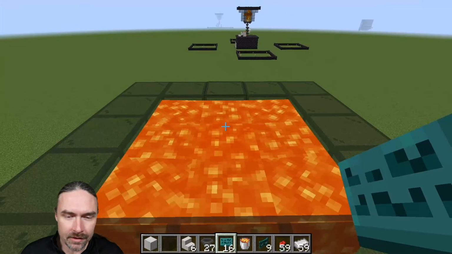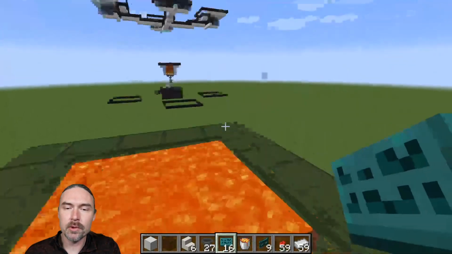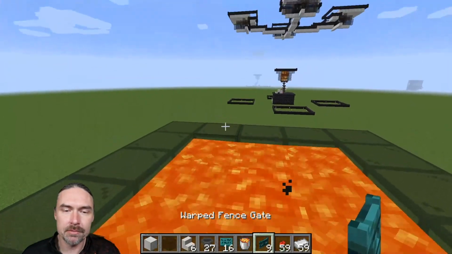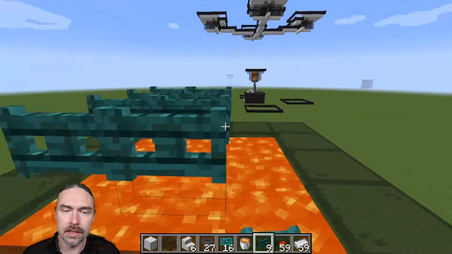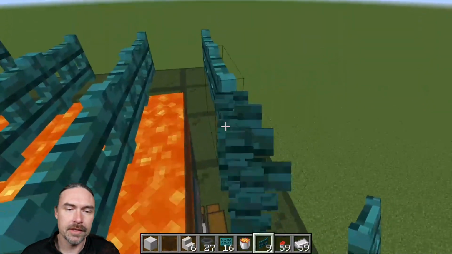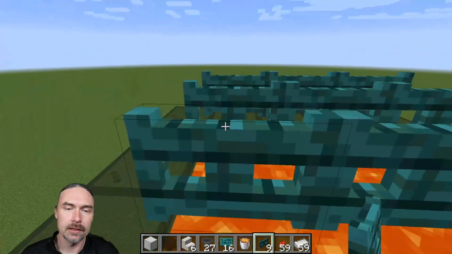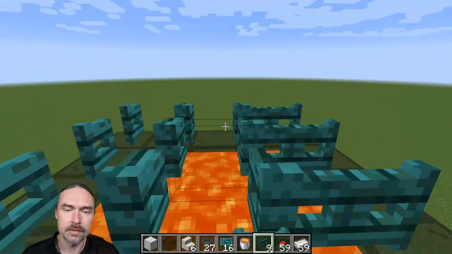Okay, now that we've got lava, we have 2 choices here. We can either come up 1 more row with glass and do signs, or my personal recommendation, if you have been to the Nether, is to cover this with fence gates. So put a fence gate on top of each spot of lava, and then we are going to just open those up